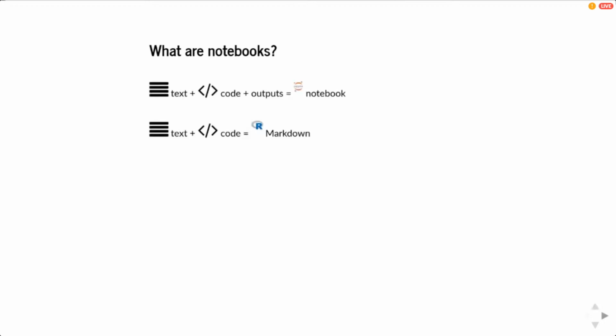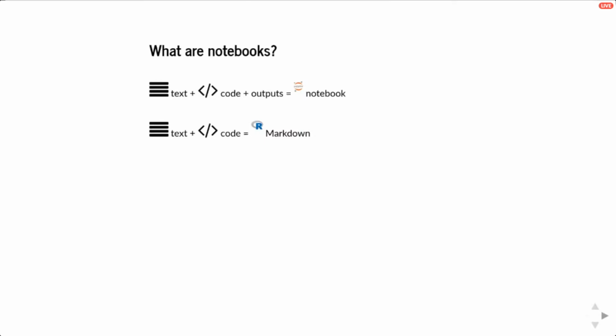Basically, there are two constructs, which are sometimes called notebooks. I will be mostly focusing on the Jupyter notebooks, which include text, code, and interactive visualizations or any other data output, which is also saved within the notebook,